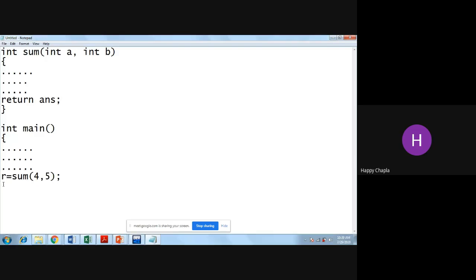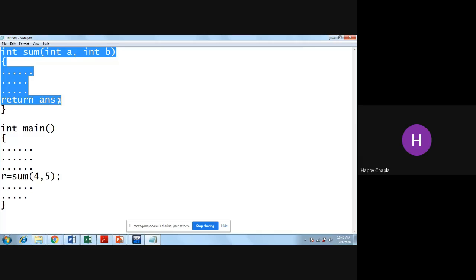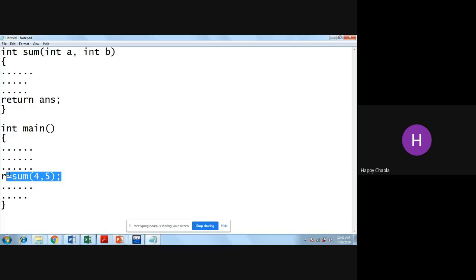What will it do? If I'm calling this function from main, first of all, it will save the current position onto the stack, right? That I am at this position. Why? Because after completion of your function call, it will always return to the function calling line.